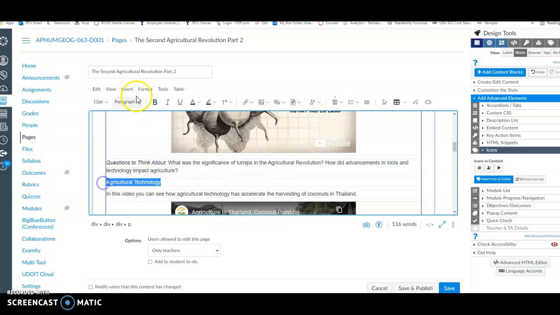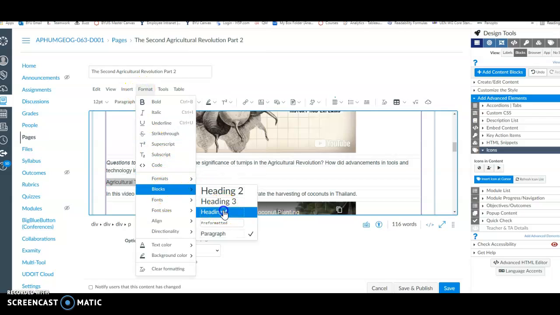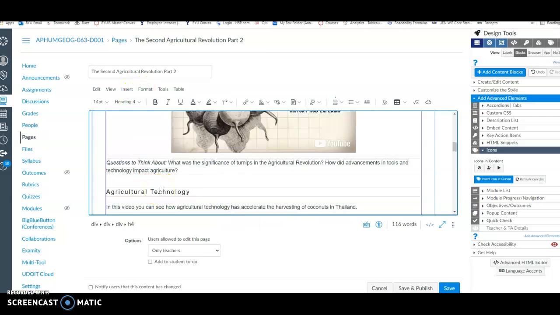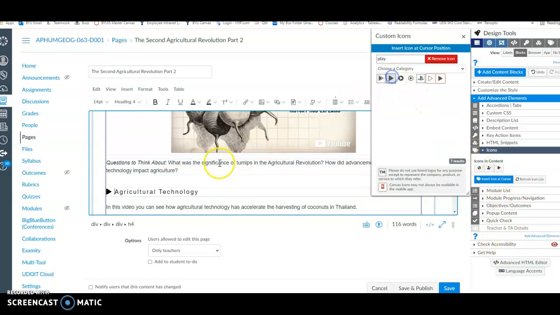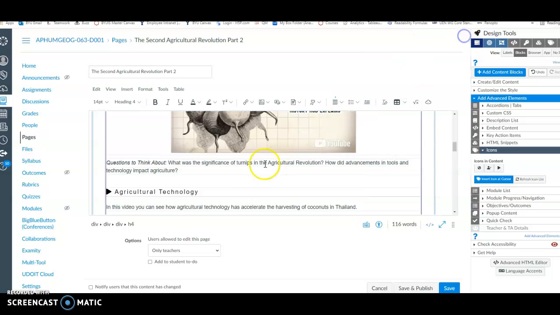And this we can do as a heading 4 and add an icon. So do you see how this separates this section from this section nicely, and they know they're going to learn